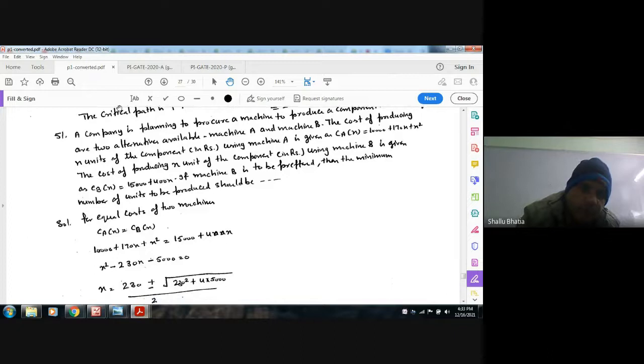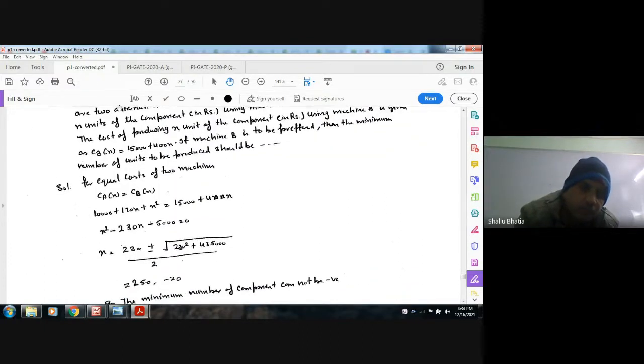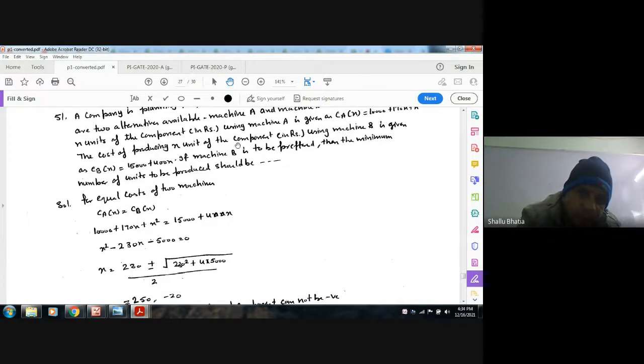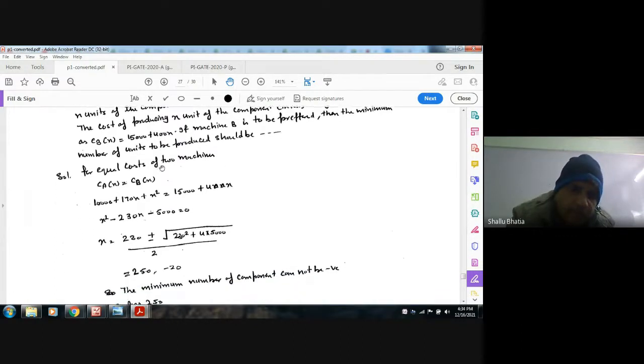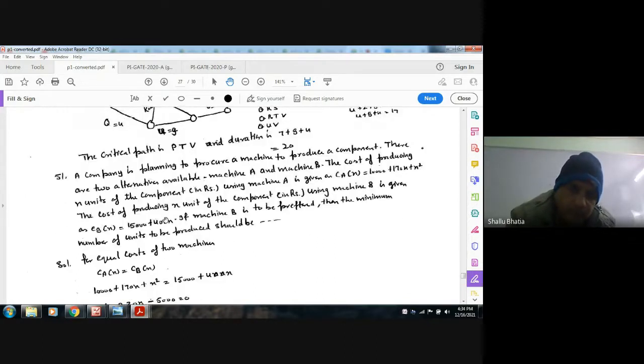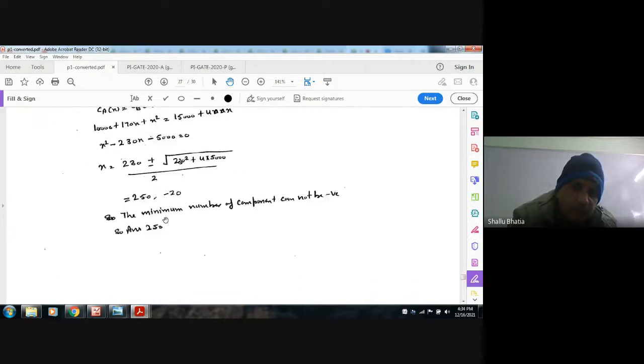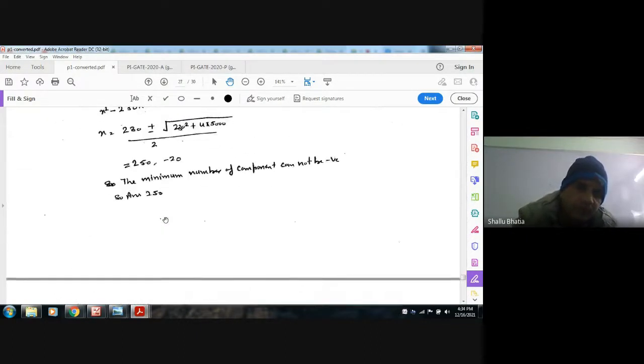So the two equations are given. Now, for machine A to be preferred against B, the cost of A should be less than B. For equal cost, we can equate these two equations. So by equating these, we find out x. From this x is 250 and minus 50. Minus 50 cannot be the number of components, so the number of components is 250. So above 250, machine A will be preferred, and below 250, machine B. The answer is 250. Next,